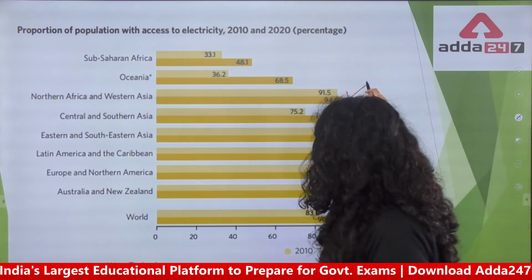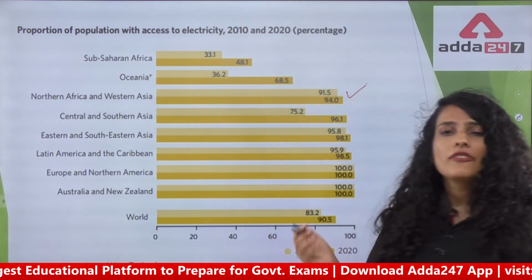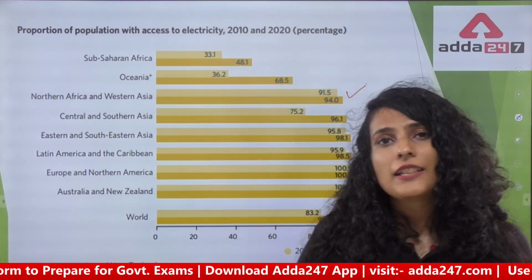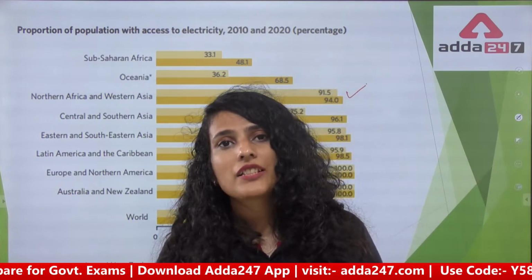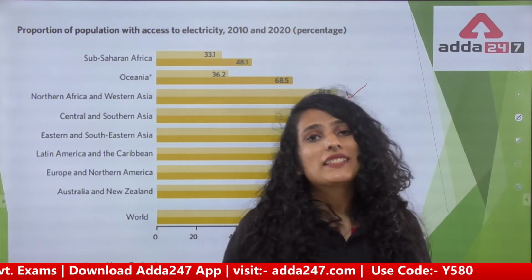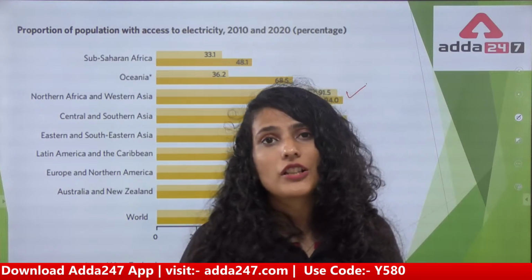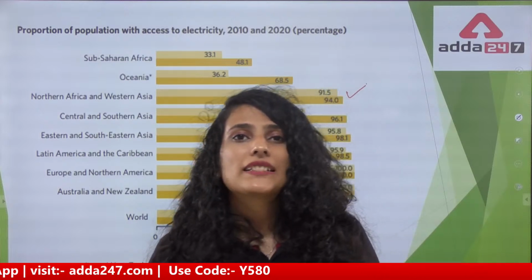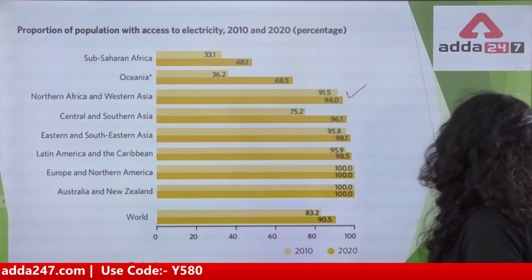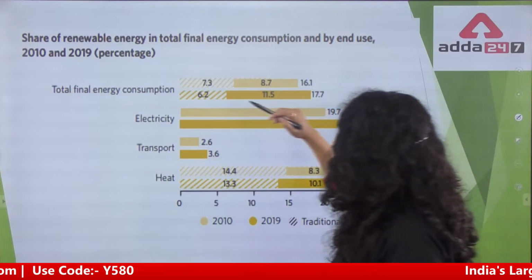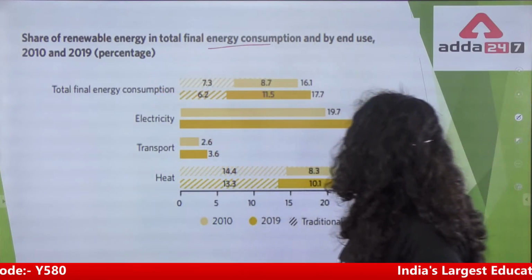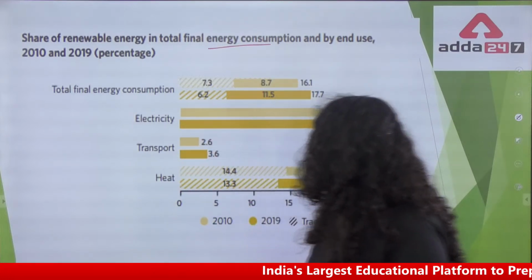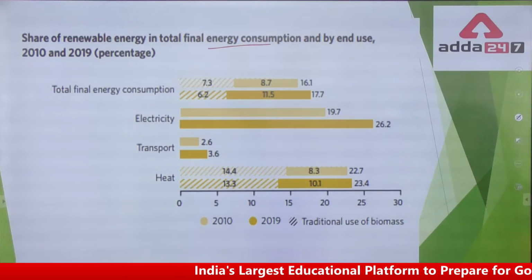Asia has really made a lot of progress, because we already have initiatives like the International Solar Alliance in place, right? The Ministry of New and Renewable Energy was basically formed to implement this sustainable development goal, and of course we have our goal to become carbon neutral by the year 2070. So these are all the aspects. Share of renewable energy in total final energy consumption. What is the share of renewable energy in total final energy consumption? So